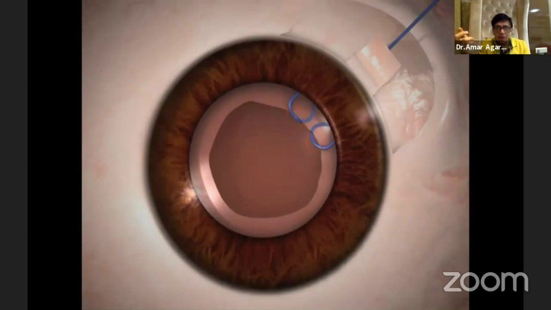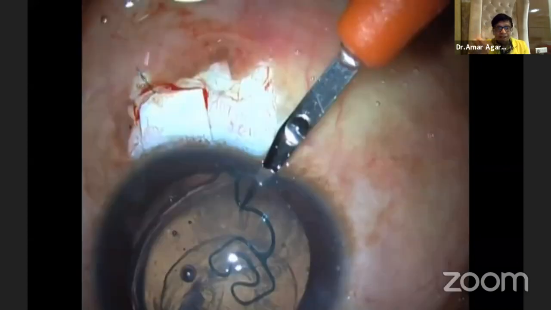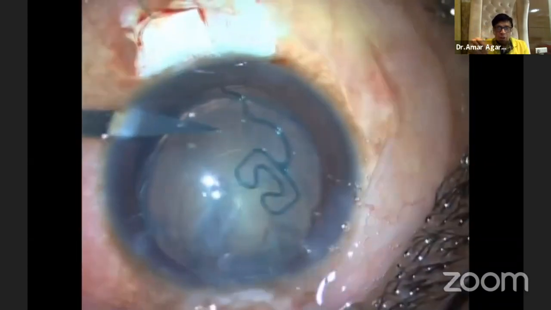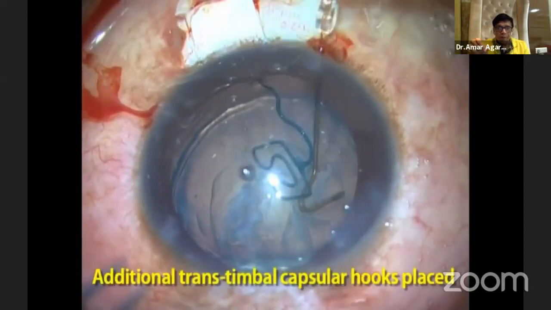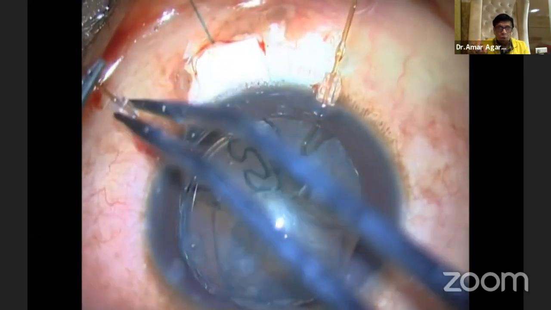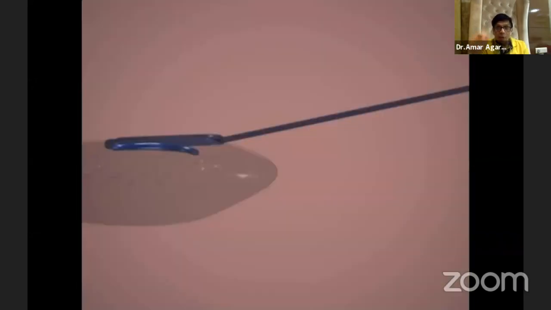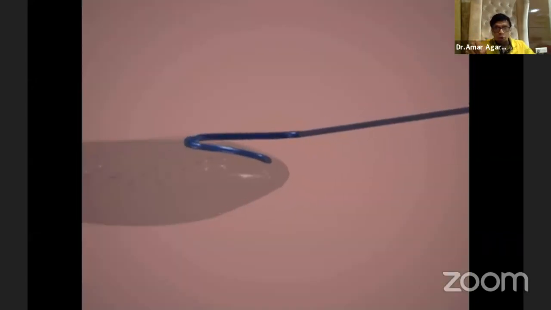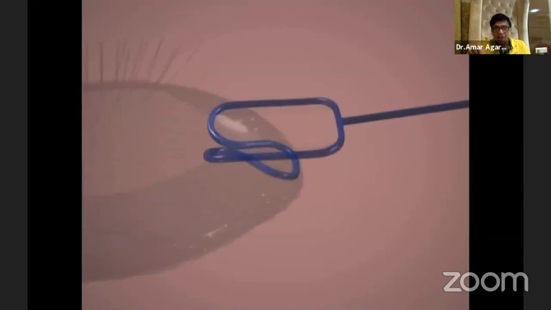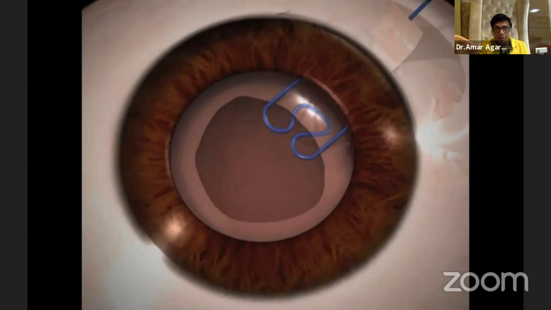Morcher is making this, and I have no financial interest in this when I'm talking on it, but that's the basic dimension of it. Here you can see now, once I've got my paper clip fixed there, I'm also using these capsular hooks to get better stability. These side capsular hooks will be removed. The one in the center, which I'm showing you now in an animation, is the way it locks inside the capsular bag, and will not be removed and will remain permanently.